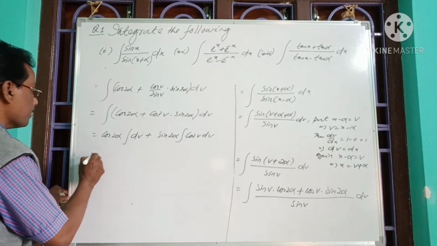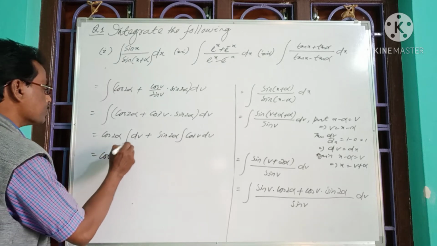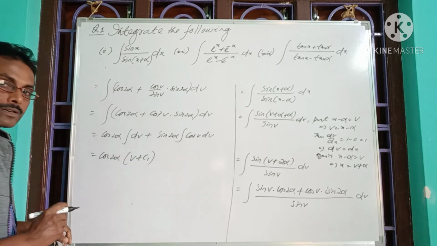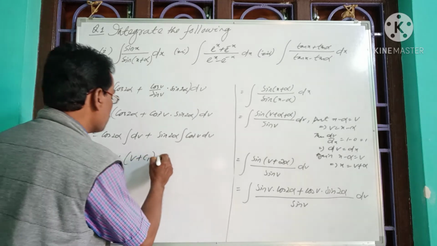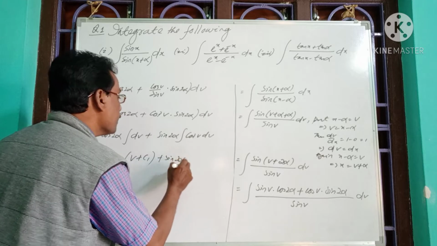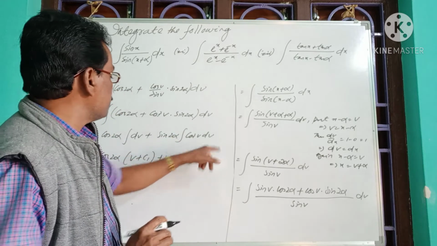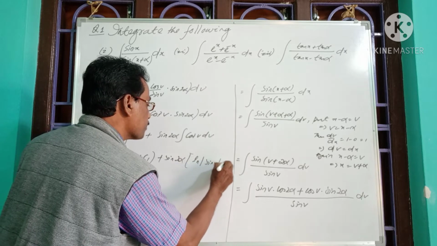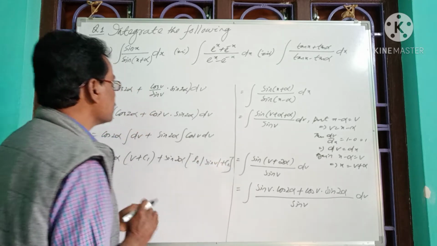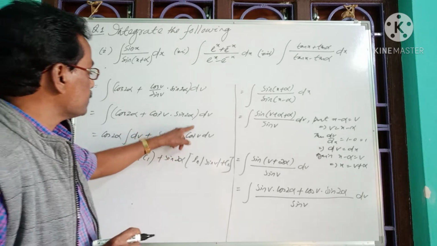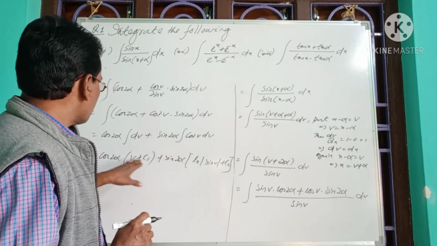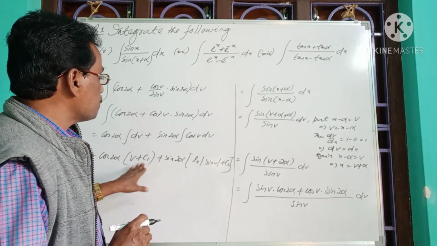So now integrating, we have cos of 2 alpha into, so integration of dv will give us v plus c1, where c1 is the constant of integration. Again we have sin of 2 alpha, but integration of cot v with respect to v is ln of mod sin v plus c2, where c2 is the constant of integration. Here we know the integration of cot v is ln of mod sin v plus c, that is, we have taken here c2. So now here we got two constants of integration, that is c1 and c2.